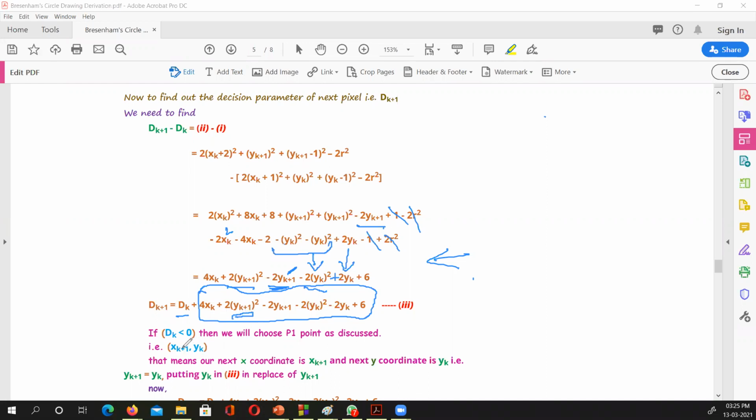क्योंकि x of k plus 1 के लिए हमने काम किया है, तब जाके तो हमें इक्वेशन सेकंड आ गई थी ना, क्योंकि हमने x of k के बदले x of k plus 1 दिया था. लेकिन y of k में हमने डिसीजन लेना था कि अगर d of k 0 से लेस है, तब हम y of k plus 1 को y of k ही कर देंगे, और अगर d of k ग्रेटर देन 0 है तो y of k को हम y of k plus 1 कर देंगे. तो यहाँ पे फिलहाल अगर हमारे पास लेस देन 0 है, तो जहां जहां y of k plus 1 है, मैं वहां पे y of k कर दूंगा, ठीक है. I will go for y of k for that.